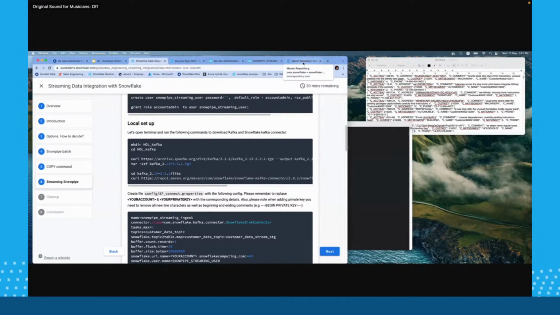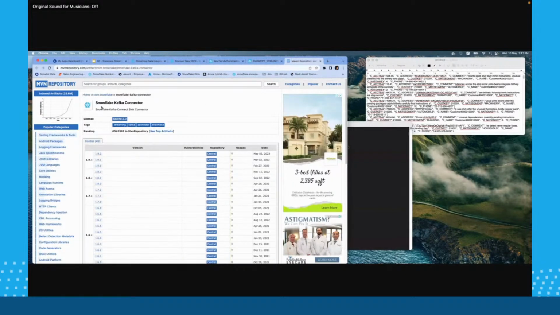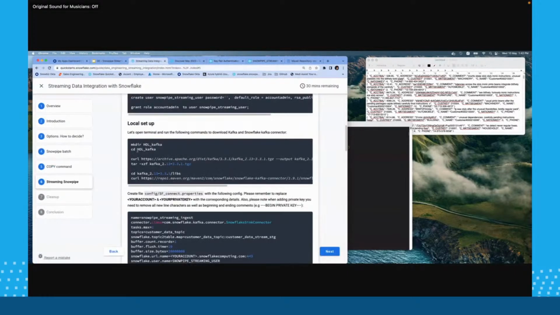Just for your understanding, I have opened up the Maven repository over here. You see Kafka connector, and you have the 9.x. For this particular demonstration, we are going to use 9.1. 9.2 is just a recent release. 9.1 was released sometime in the month of March. This is what this entire query is doing.